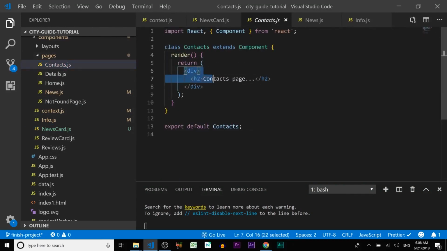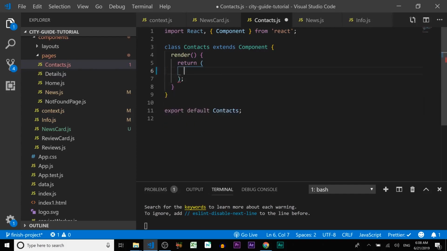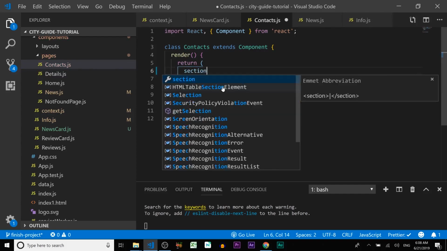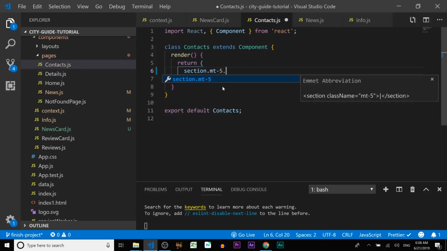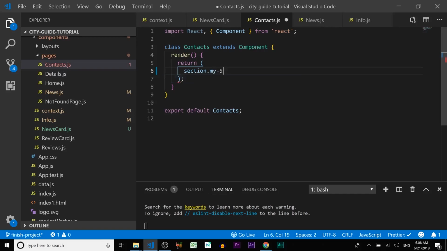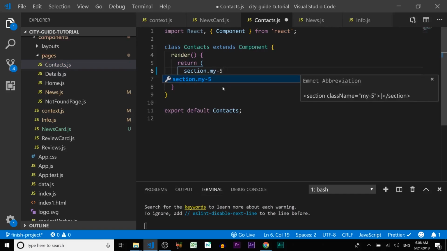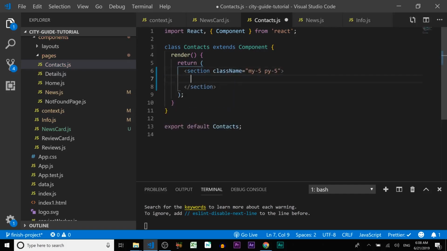Okay, let's delete this one. Let's create section with a class. Let's give it a margin top, the bootstrap class. Margin bottom 5. Actually, let's do margin Y. It's gonna be on the top and on the bottom 5. Padding bottom and top, we're gonna use same Y 5. Okay. Inside the section, let's create the div with the container class,